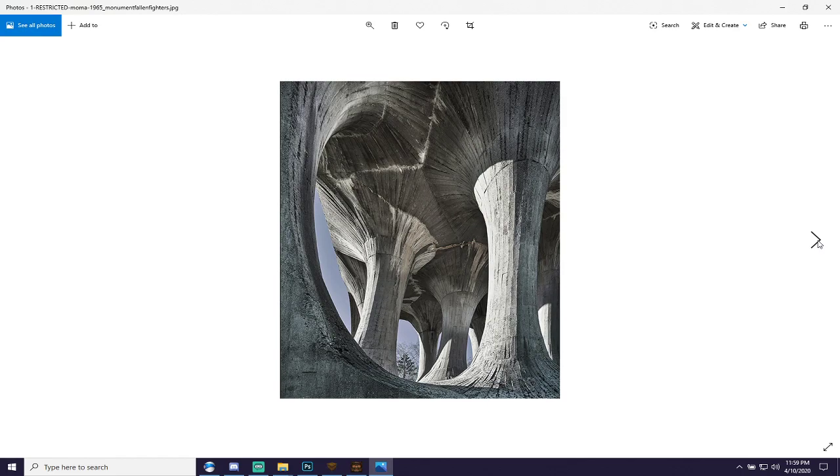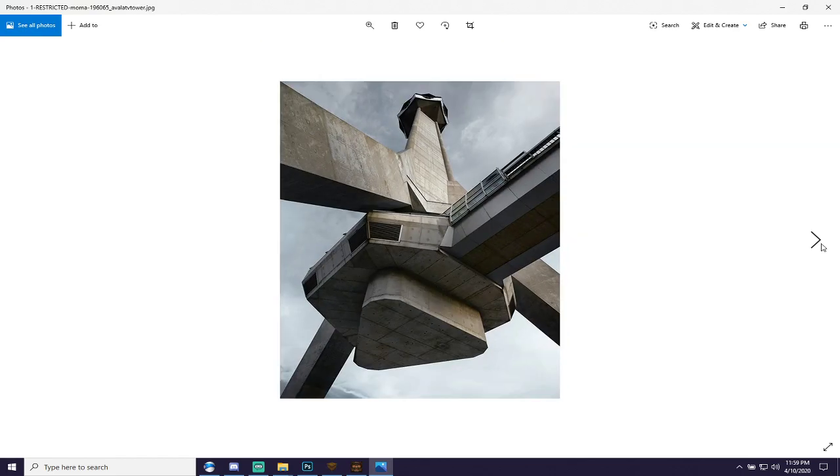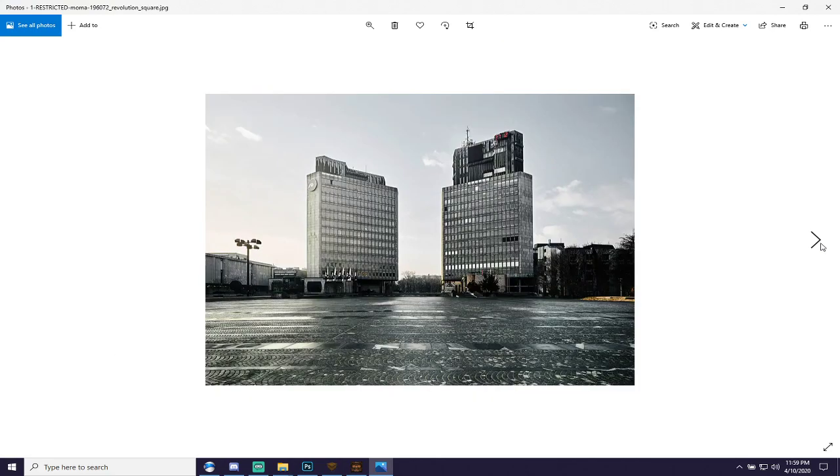I really like this picture. I just found this one today. Since this one is some kind of monument. I don't know what's on top of this in real life, but it's pretty cool. This is the underside of some tower, which is pretty neat looking. I guess the ground is interesting here. The layers of ground textures,